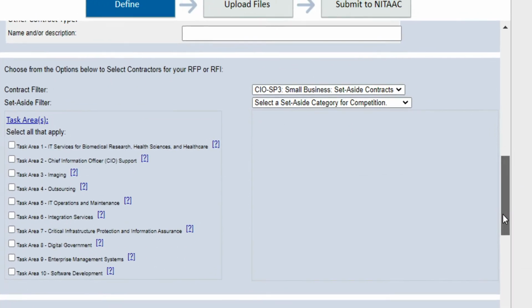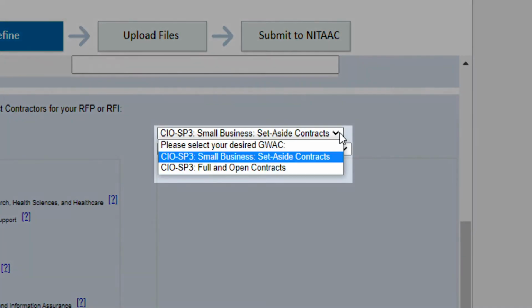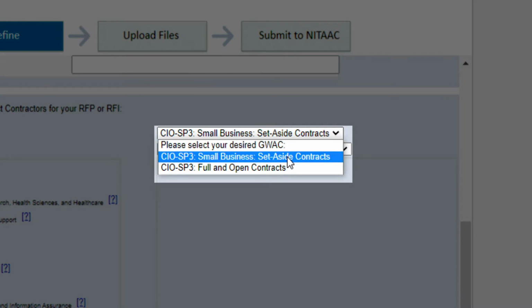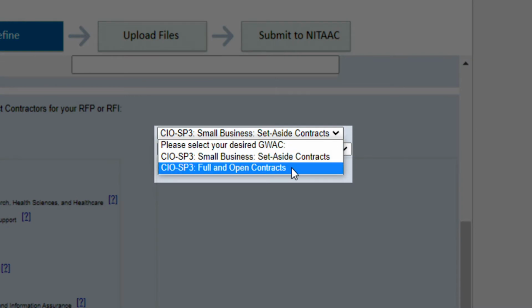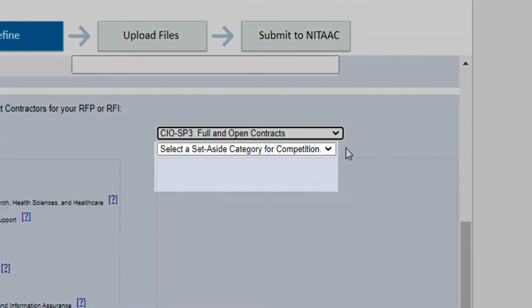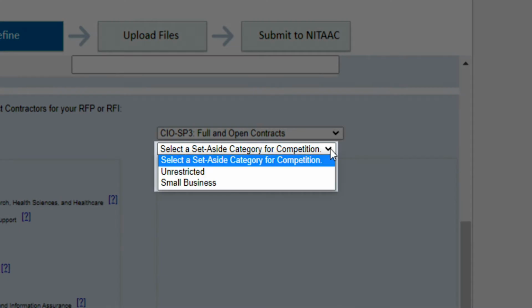Next, you'll select one of the contract filters: CIO SP3 Small Business Set Aside Contracts or CIO SP3 Full and Open Contracts. Then select the Set Aside filter. If you choose CIO SP3 Full and Open Contracts, select either Unrestricted or Small Business.